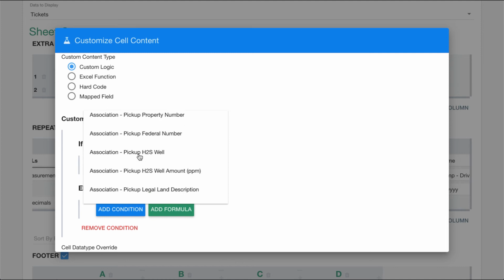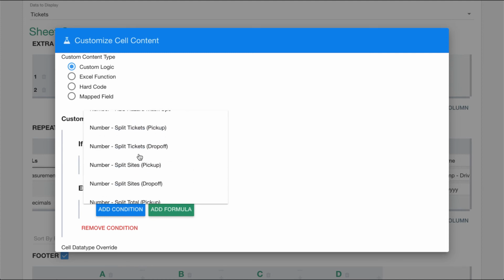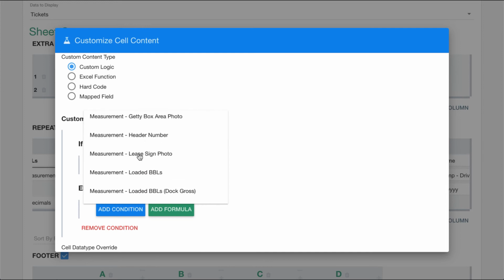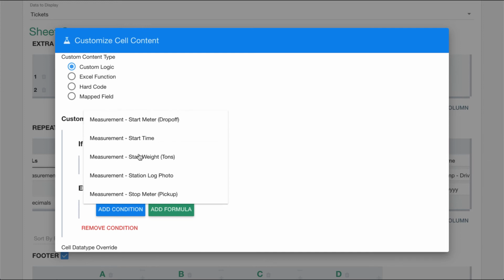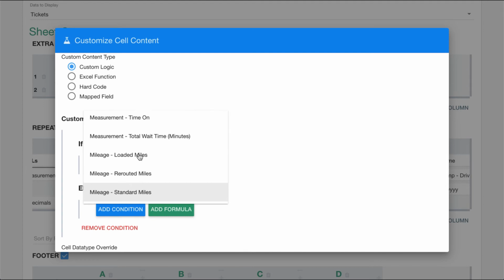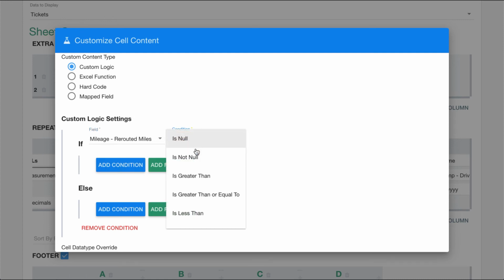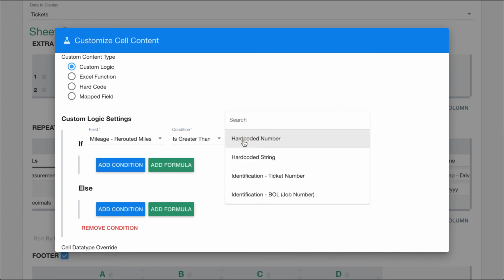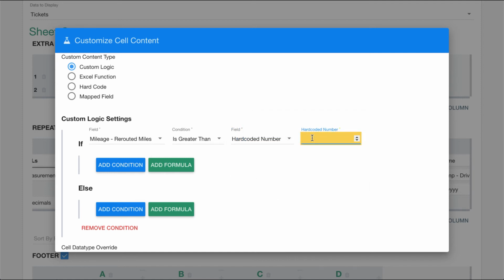But we're going to do something based off of mileage. So I'm going to scroll down here. I believe mileage is underneath the measurements section. We could also just use the search at the top. But we're going to say if the rerouted miles are greater than 0, so we're going to choose a hard-coded number and put in 0. So basically, if there were rerouted miles specified on this ticket,